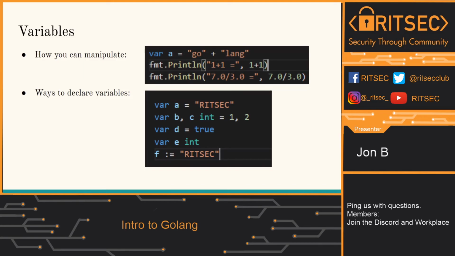Also, when you're doing variables, you don't have to explicitly type them all the time, but you also can explicitly type them. As you see in the example in the bottom picture, there's a lot of ways you can type in Go by either setting the variable straight up. You can set multiple variables like in a tuple, like Python, and you can declare what kind of variables they are. You can just initialize the variable. You can declare it without initializing it with what type it is. And you can also use the colon equals, which is a big thing in Go where you don't have to say it's a variable. That F variable there sets the F variable to a string RITSEC. And that's used a lot in Go from what I've used.